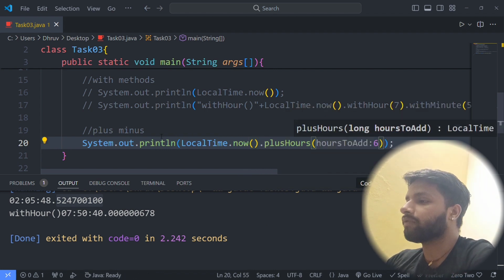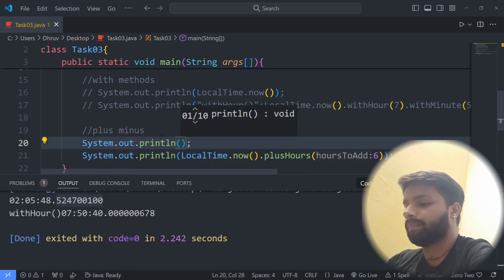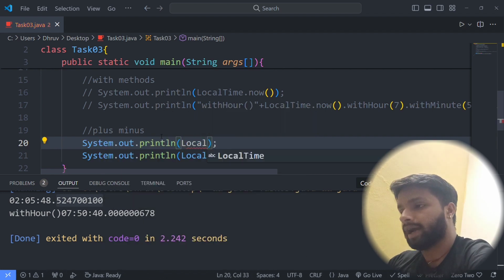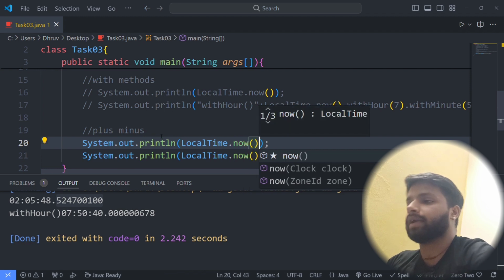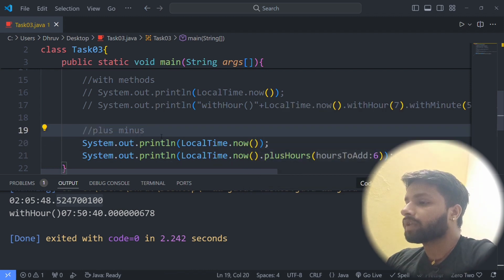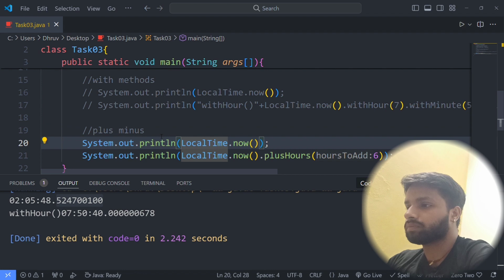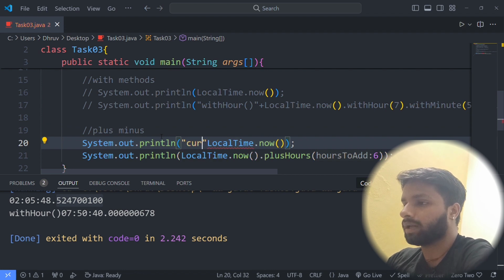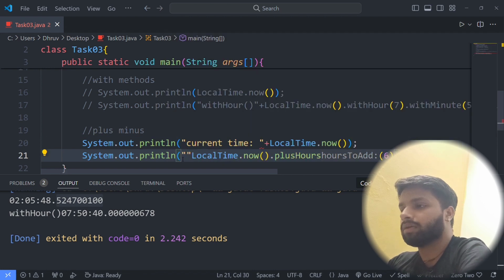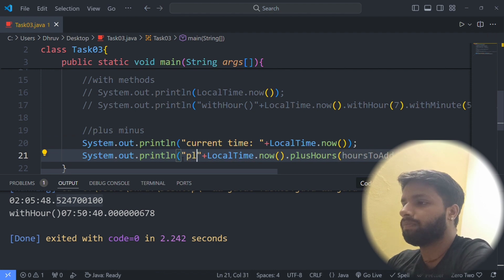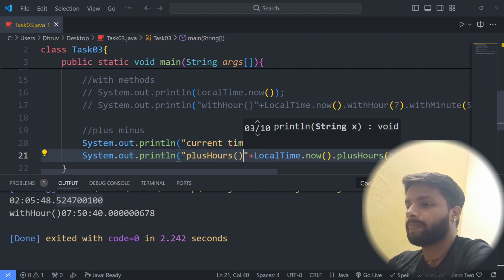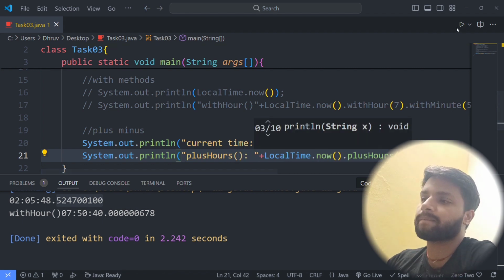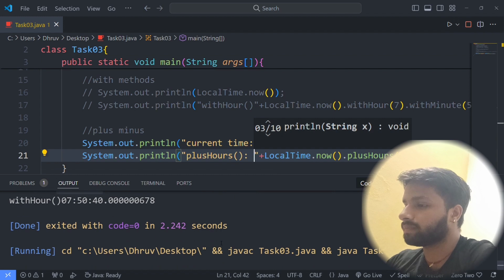For the sake of understanding, I'm going to print LocalTime dot now as well, which is the current time. So this is the current time, and this is the method which is plusHours. Now let me print it out.